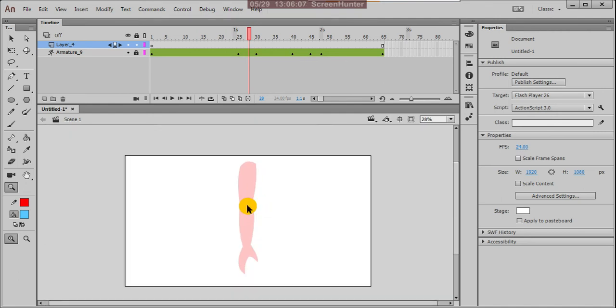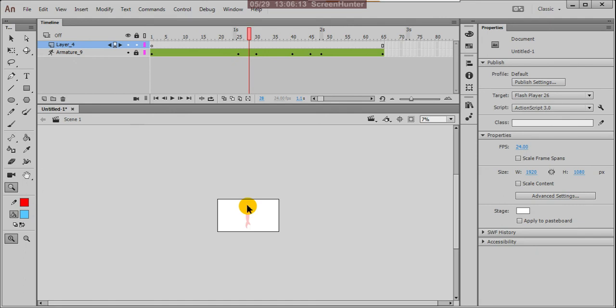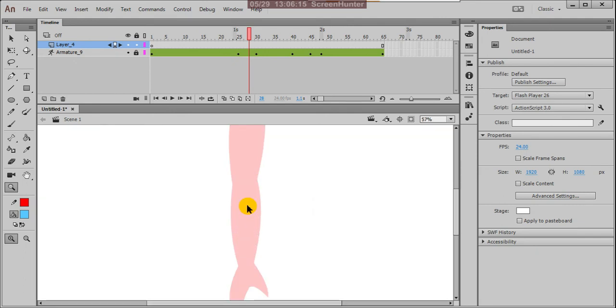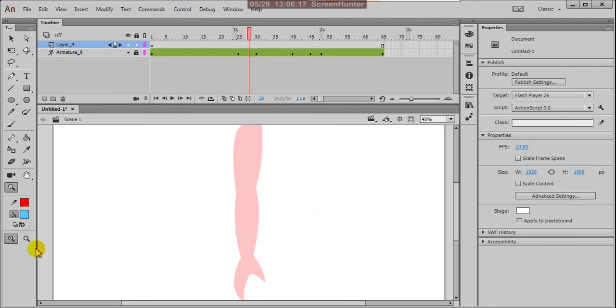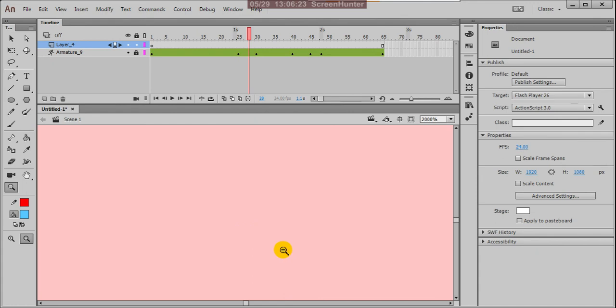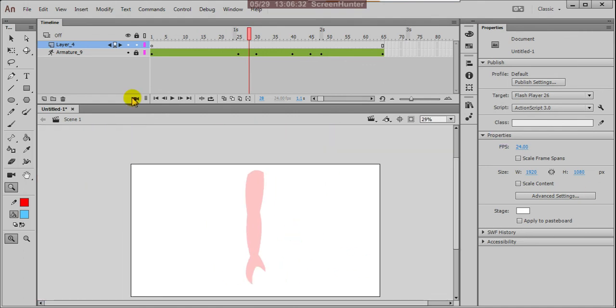Or otherwise Control minus and Control plus. So these are the simple tools.